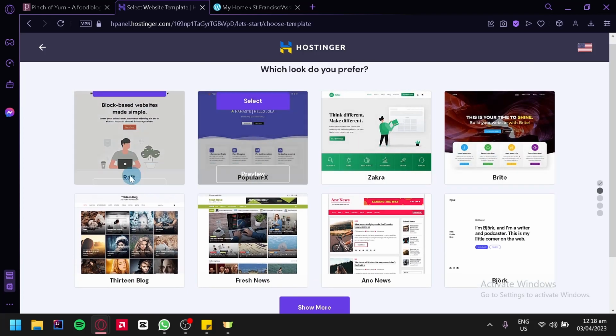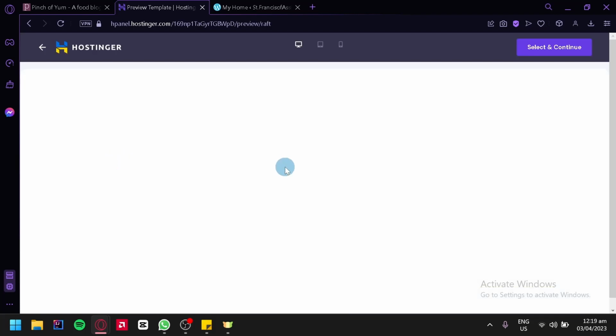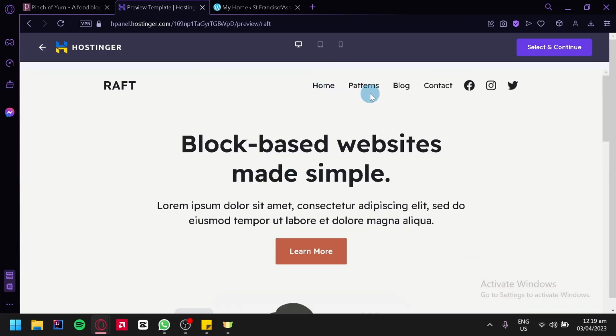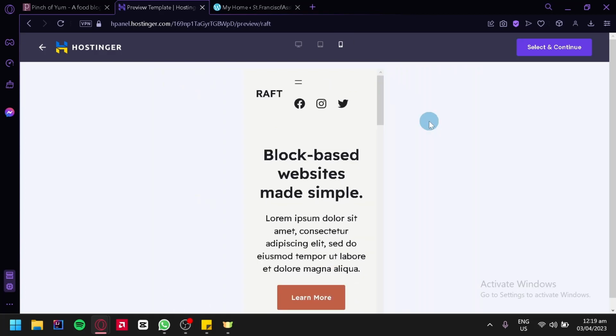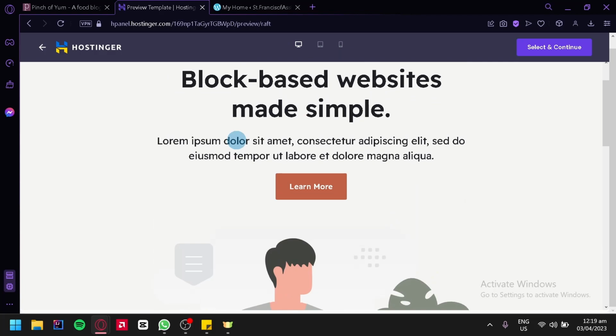Now you could select any of these options. As you can see, when you hover over them, you would be able to see these two options to either select the specific theme or preview this specific theme. When you click on preview, you would be able to see an example of the template that you have chosen. There's also a home page over here, patterns, blog, contact, and the different social media options over here. There's also different view settings on the top wherein you could view it in a tablet form, a mobile form, and the basic one which we saw earlier, the desktop form. And if you want to select the specific template, you can simply click on select and continue over here on the top right. Now we're simply going to go back,